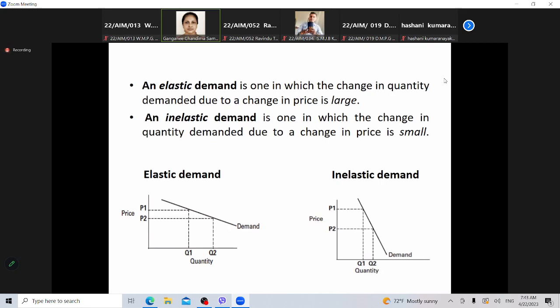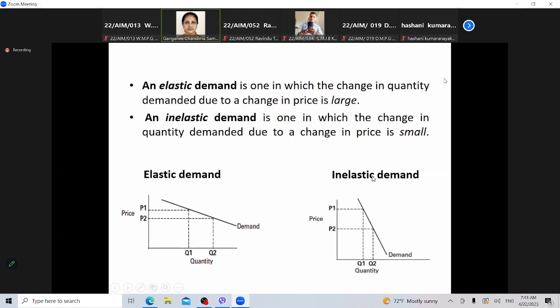Okay, that is elastic, just to make it easy to remember. We drag elastic parallelly. So that is why it is here or here or here, somewhat parallel to the x-axis. Then only quantity demanded will be more than the price change of the